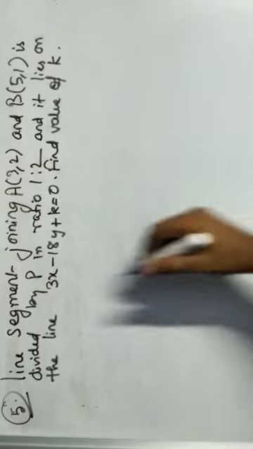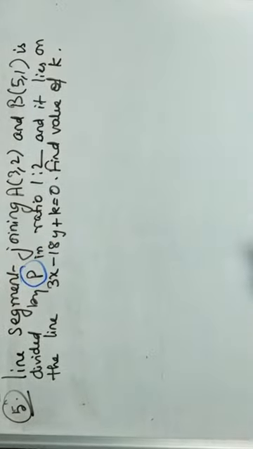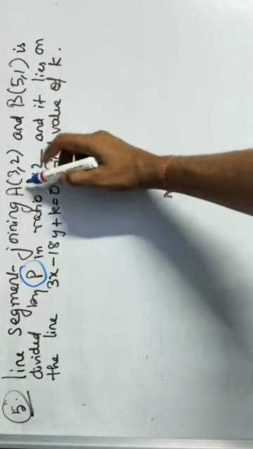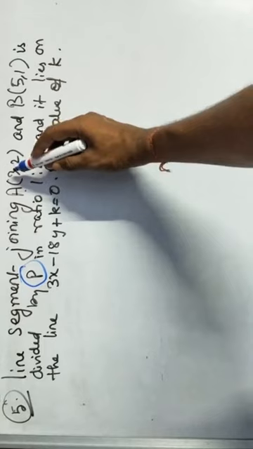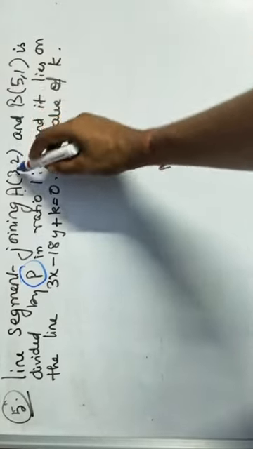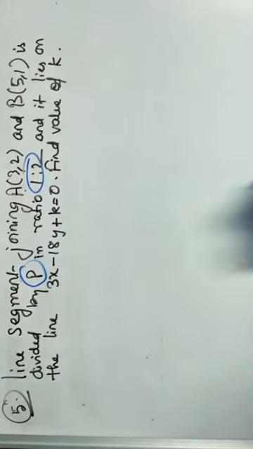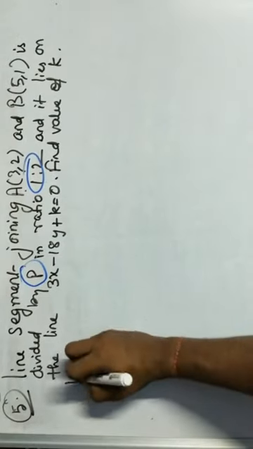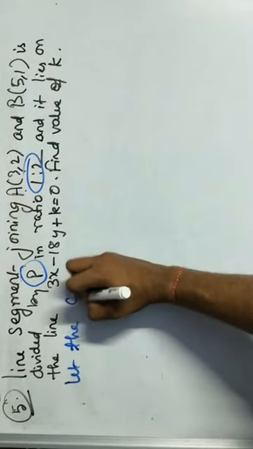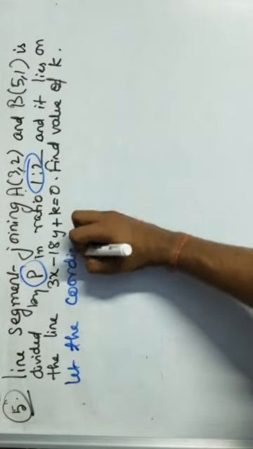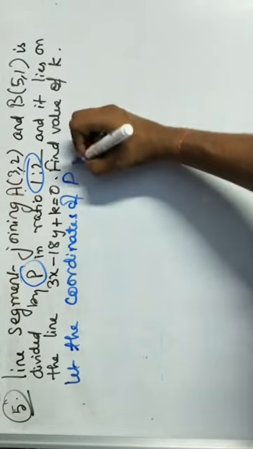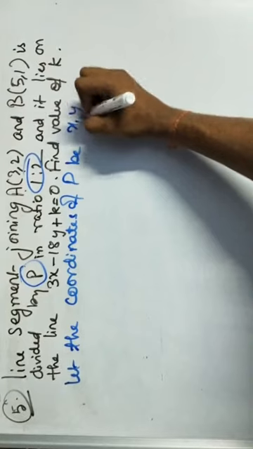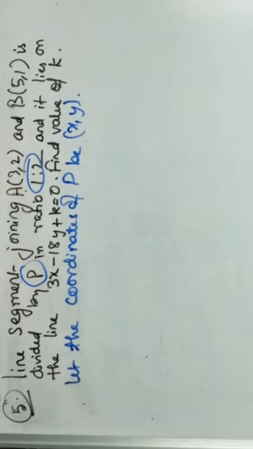A very easy question. First we will find the coordinates of the point P, because the coordinates of 2 points which are making a line are given and the ratio is also given. Let the coordinates of P be x comma y. The coordinates of P are assumed to be x comma y. Now